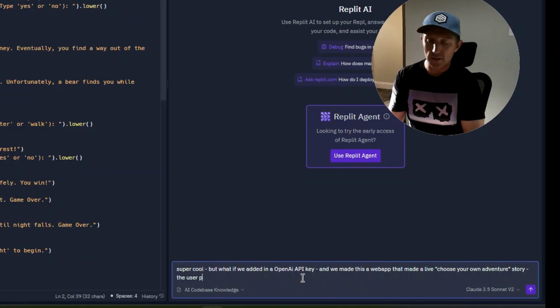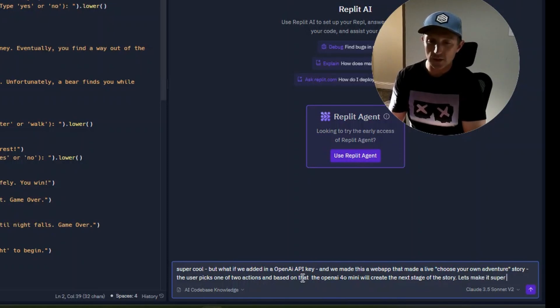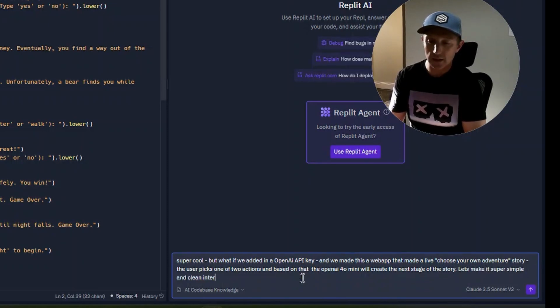The user picks one of two actions, and based on that, OpenAI, let's say 4o Mini, will create the next stage of the story. Let's make it a super simple and clean interface.